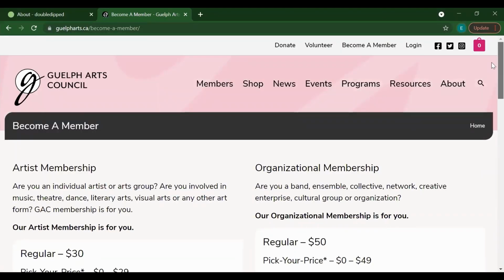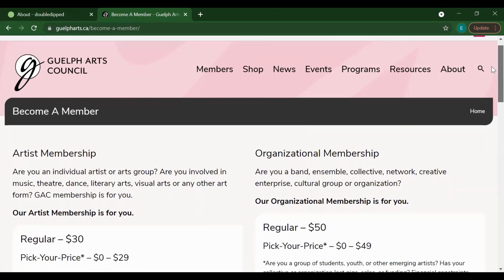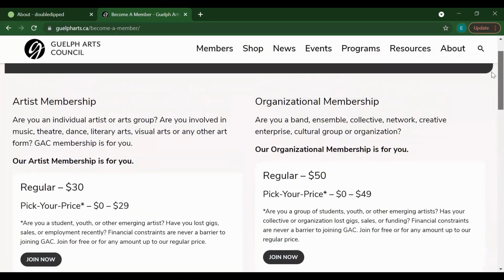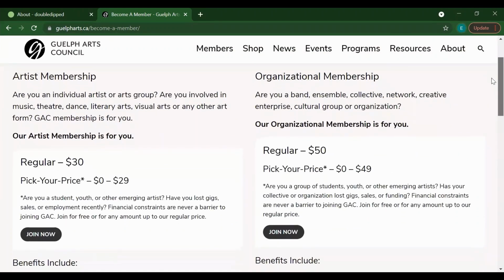So when you click on become a member, you'll see that there are artist memberships and there are organizational memberships, as traditionally has been the case for GAC. Ellie's going to become an artist member today. And you notice there that there is our regular price of $30, and we currently have a pick your price,